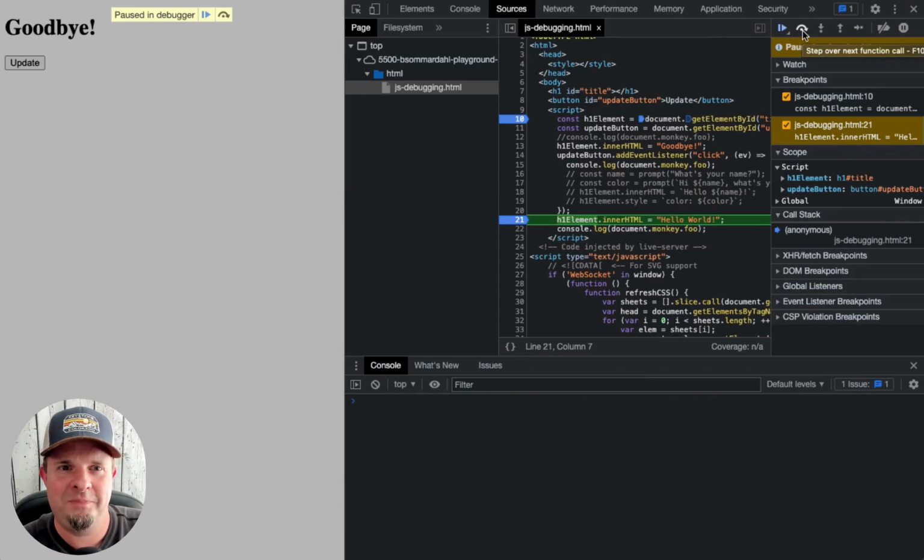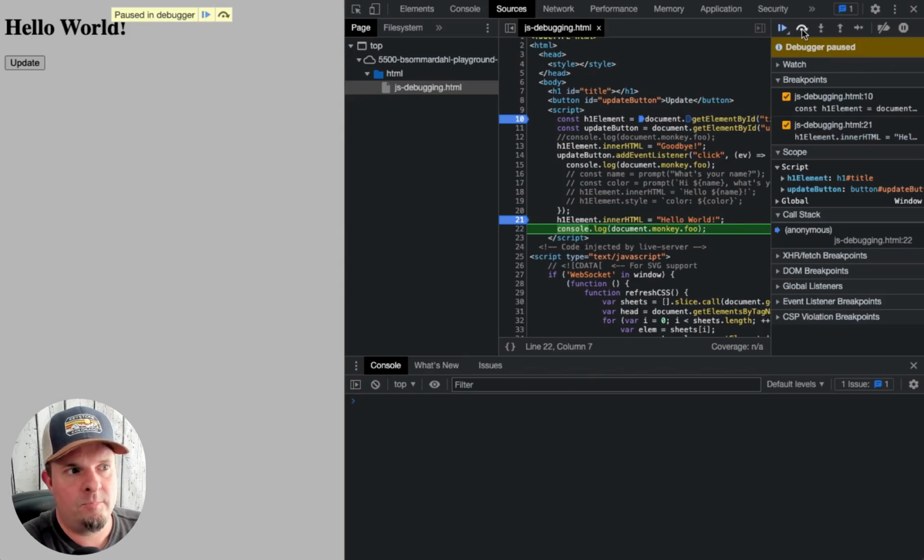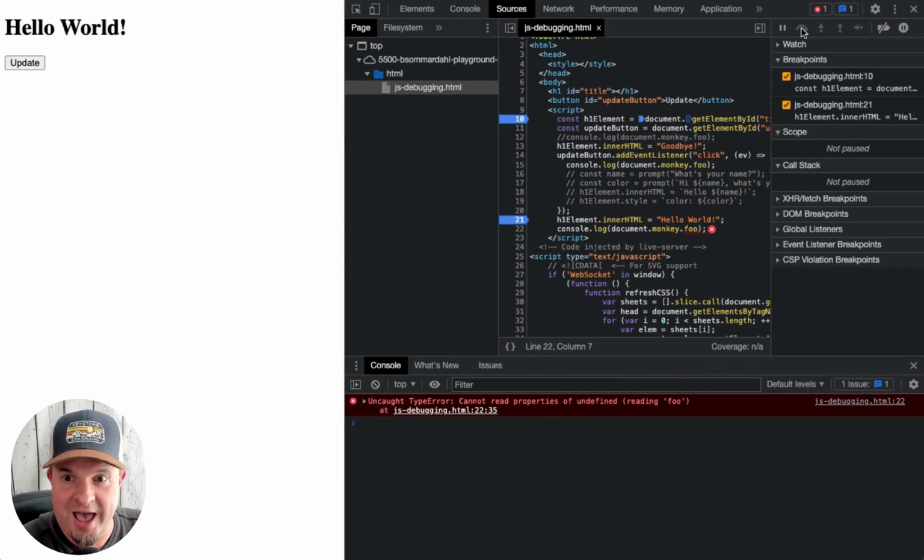You seeing that? So if I click on either one, step into or step over, it's just going to go right over line 21. It's going to execute it, and it's going to stop at the next line. It will not execute line 22. So watch this. I have not executed line 22 yet. Line 22 has an error in it. My little application is not yet aware of line 22 having an error in it because it's a runtime error and it hasn't run yet. So if I click this button to step over again, it runs that line of code and